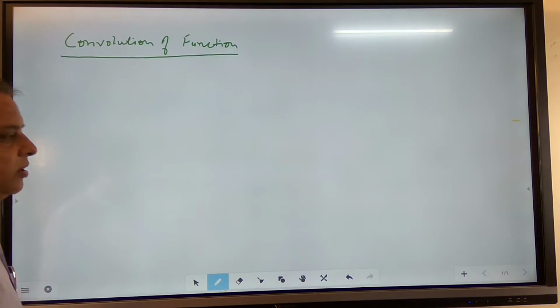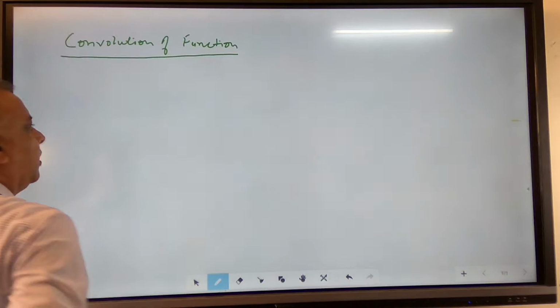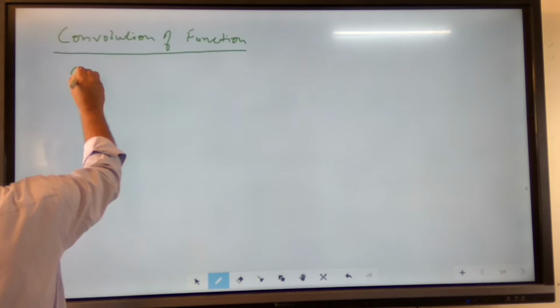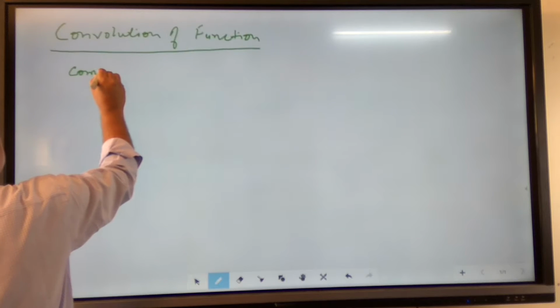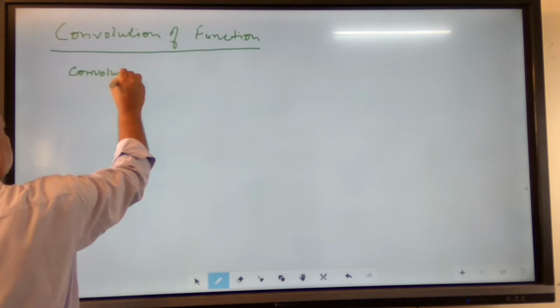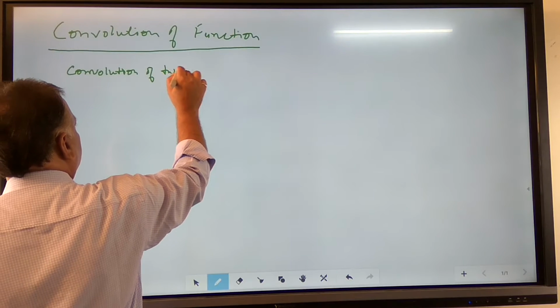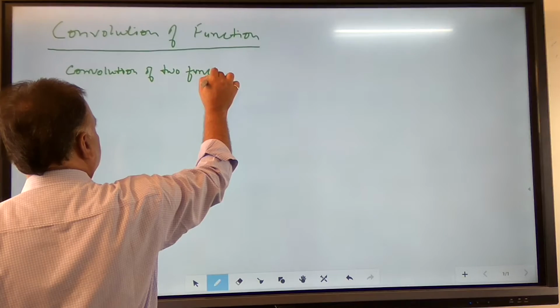So what is the convolution of two functions? So first we define the convolution of the two functions. The convolution of two functions